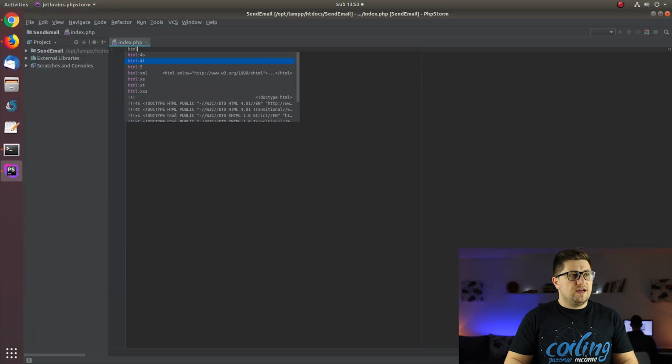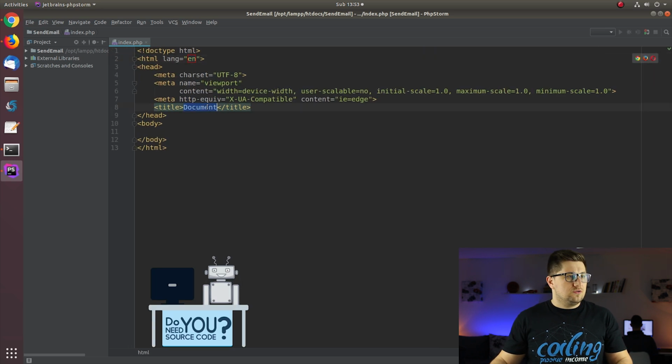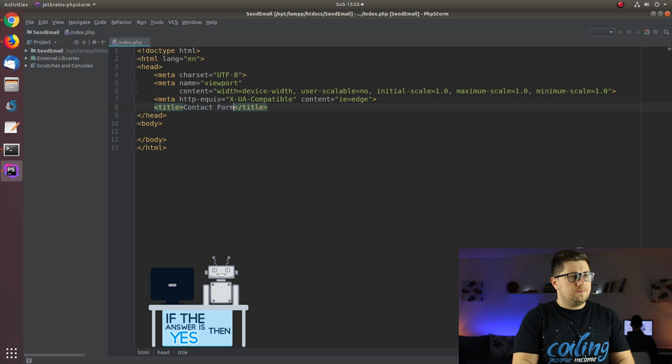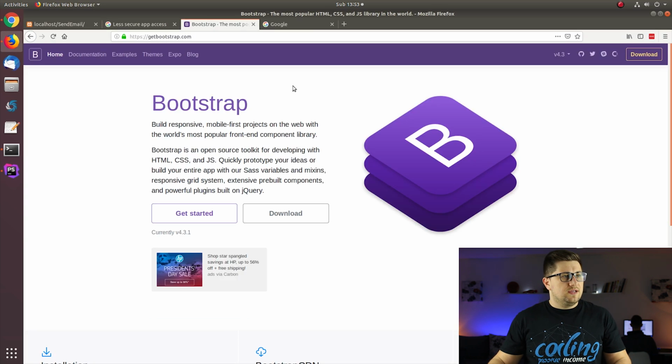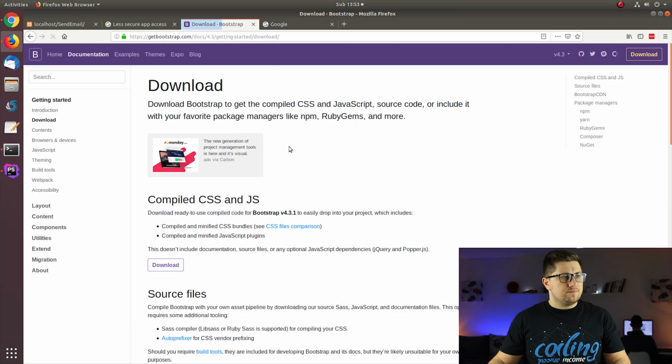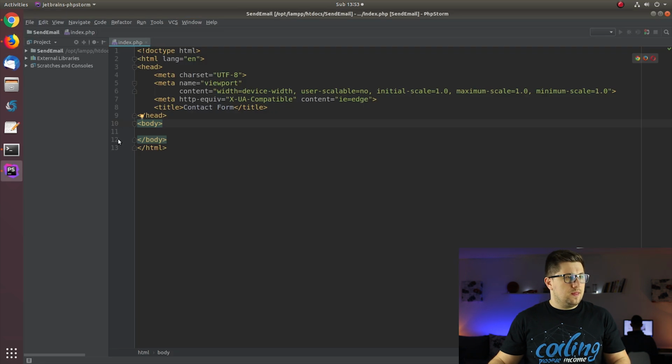So first thing that I'm going to do here is I'll just create the basic layout for our contact form. Okay, so I'll say here contact form. After that, I'm just going to get the bootstrap, so we can quickly and easily design our page. Okay, so I'll paste it here,